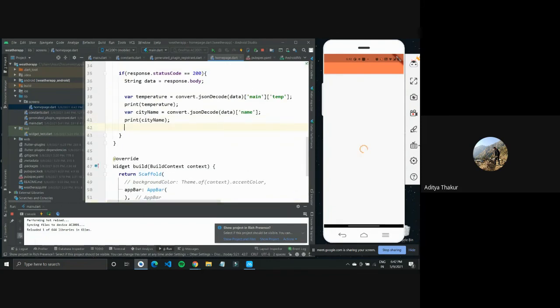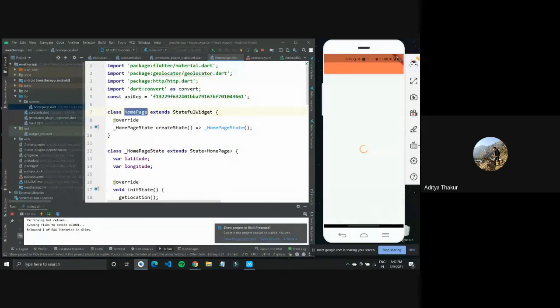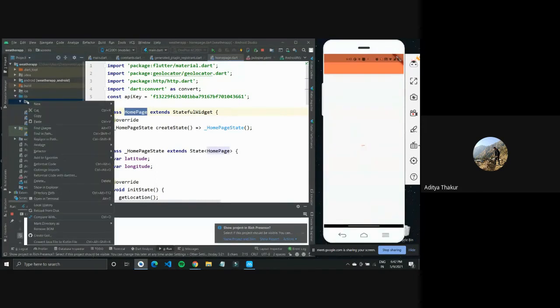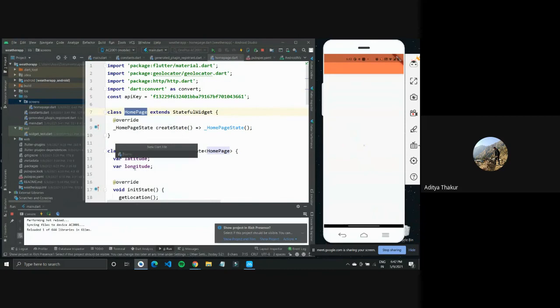So what I need to do is, after this init state is done, I want to push to a new screen. To change pages in Flutter, I think I didn't mention it yesterday, we use this Navigator class to push to a new screen. Right now we had been working with just one widget, but I'll go over to screens, right click, create a new file and call this weather screen, let's say.